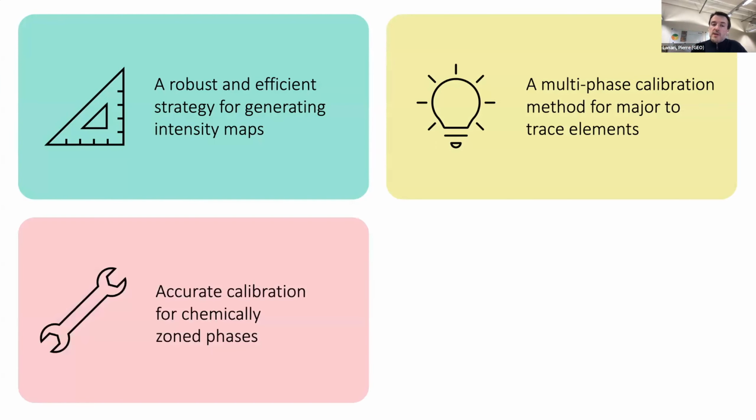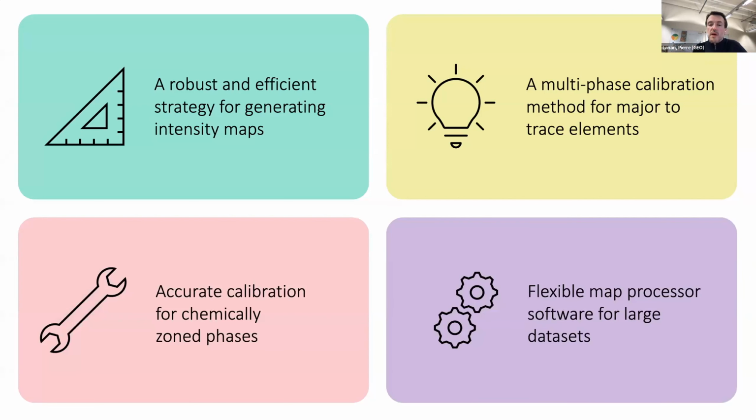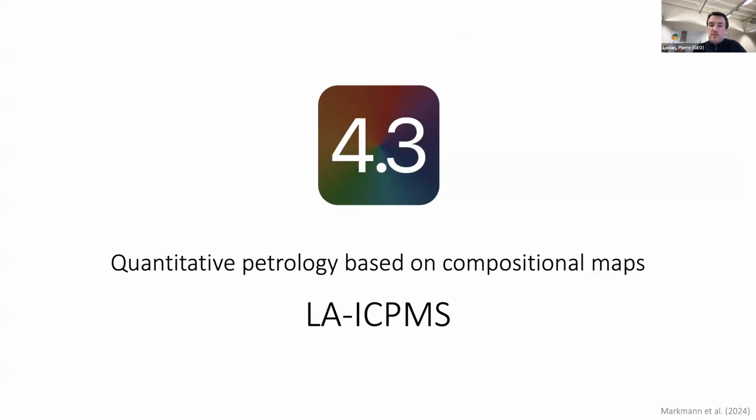We need an accurate calibration for chemically zoned phases. And this can be a challenge like the plagioclase I showed you before, where we have, in this example, large zoning at the scale of the map. So we don't have an element that is constant across plagioclase and that we can use as an internal element standard. And last, we need a flexible map processor software for large data set. And this is why we have worked on developing the version 4.3 of XMapTools